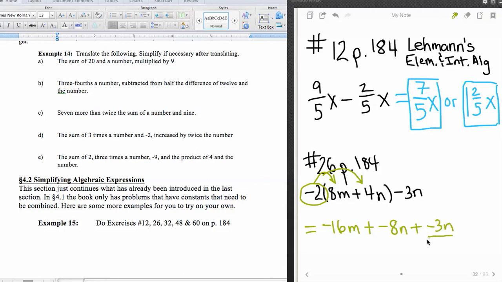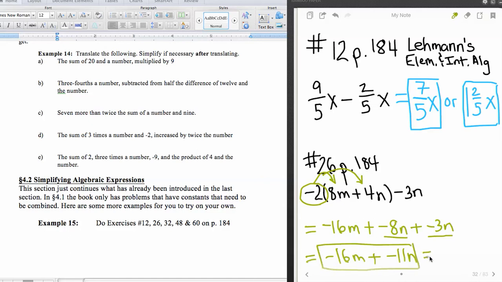And then we want to combine the like terms. The n terms are alike, the m term is different. So we have a -16m, and then plus we have a -8 and a -3, which makes a -11, and those are n's. Now if you want to leave it just like that, I will accept that from you, but